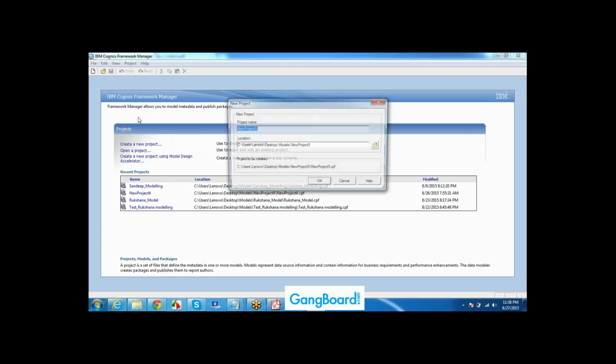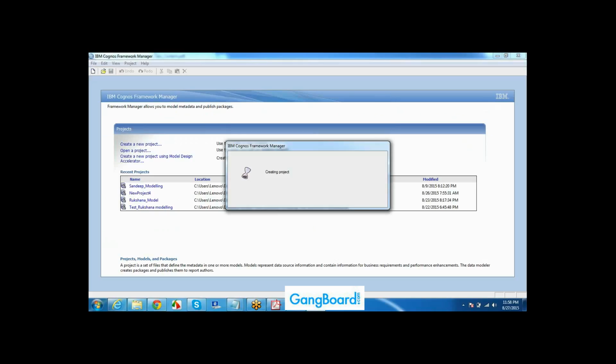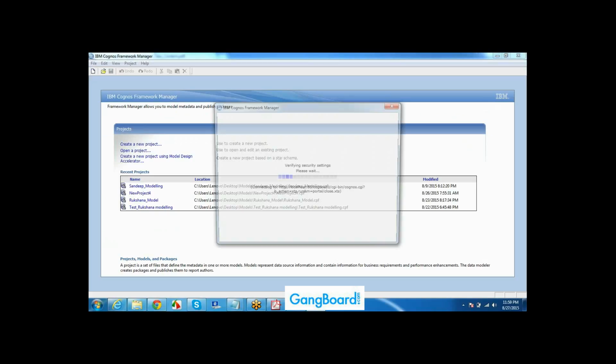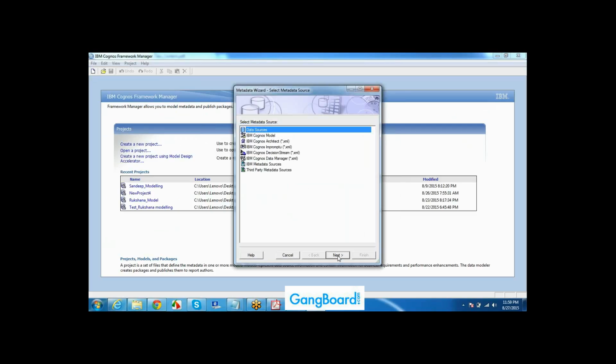I access it here like this and I will do the modeling. One by one I will show you. I am creating a project. Under this project only I need to do my modeling. I will create my package, then publish that package to my connection page. Everything whatever I am doing, I will save under one project only. So don't get confused, we'll see later on in detail. I'm just trying to show you.